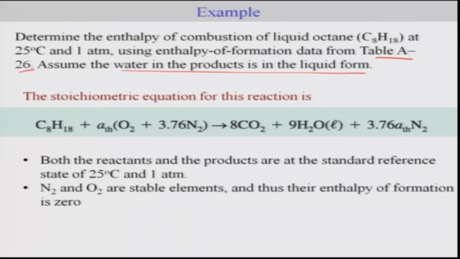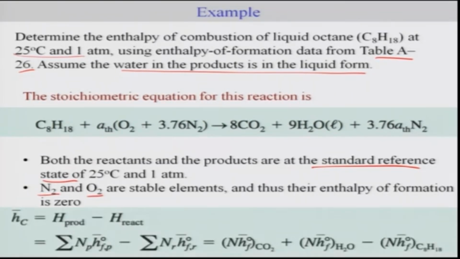where the reactants are at 25 degrees and 1 atmosphere, and the product is also at 25 degrees and 1 atmosphere. So that means they are both at the standard reference state. Okay. And we know that we have taken the reference value for the standard reference state for elemental or stable elements to be 0. That means the enthalpy of formation of stable elements at standard states is going to be 0. That means for N2 and O2, the enthalpy of formation is going to be 0, which is associated with this